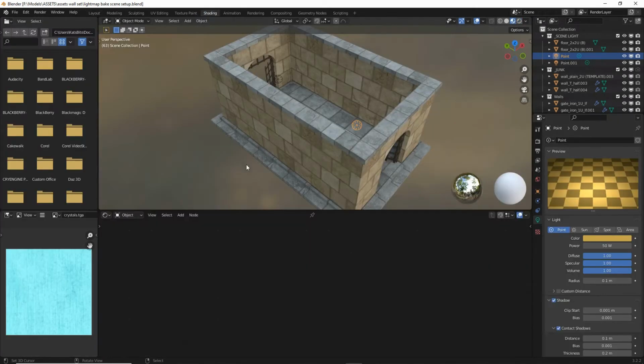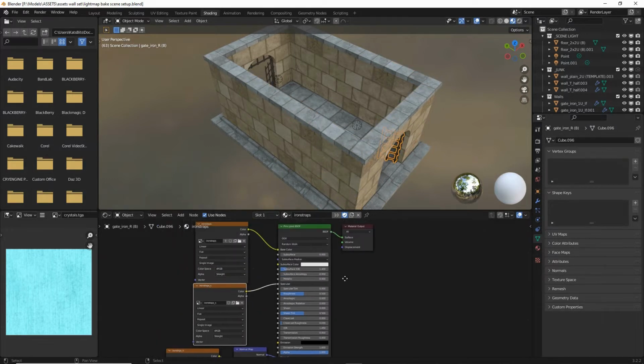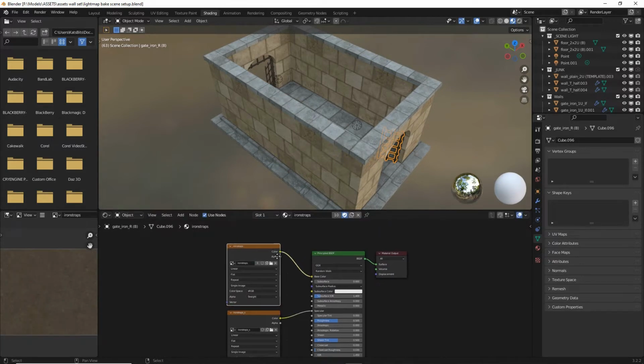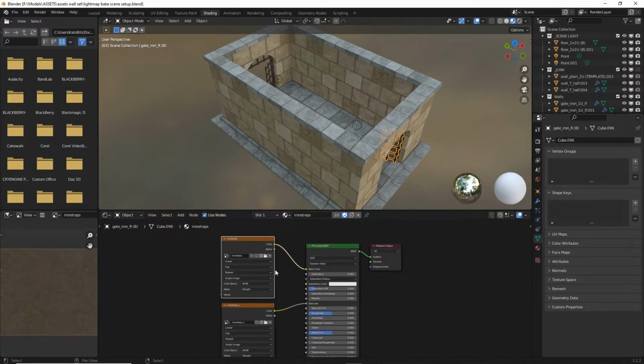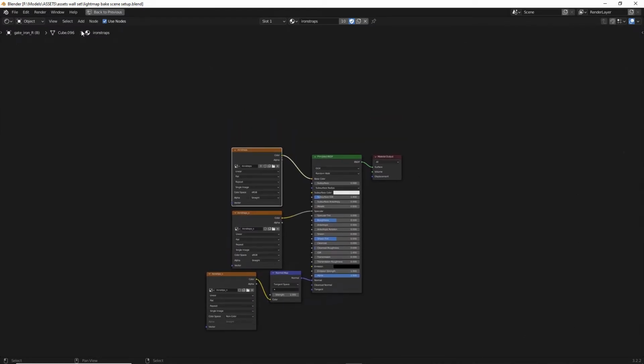We need to modify the materials. So for each material that's assigned to an object that's going to be baked, we need to make some modifications. Let's just switch into full screen, Control Spacebar. We need to add an additional image texture. So add image texture,